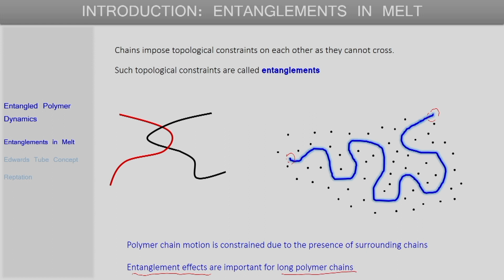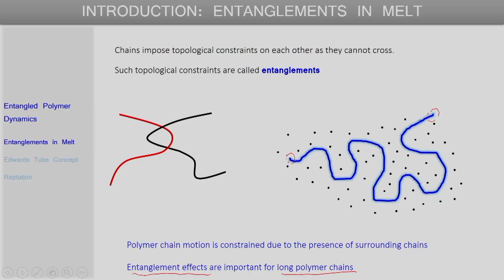So, if the polymer chains are short, the entanglement effects either will not be present or will be small. If, on the other hand, the polymer chains are quite long, then a single chain might be entangled at many different places, and the effect of entanglement on the dynamics of the polymer chain will be highly pronounced, as we will see. Next, what we will do is try to discuss a concept which is called the Edwards tube model,